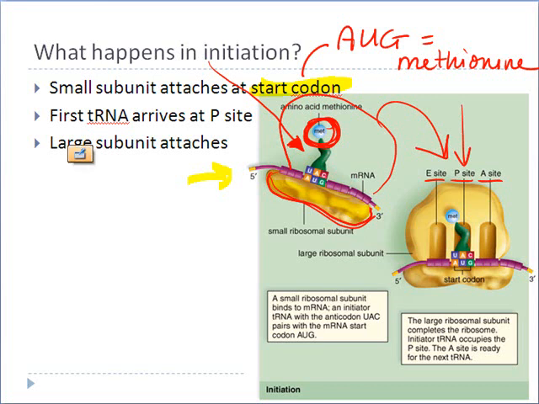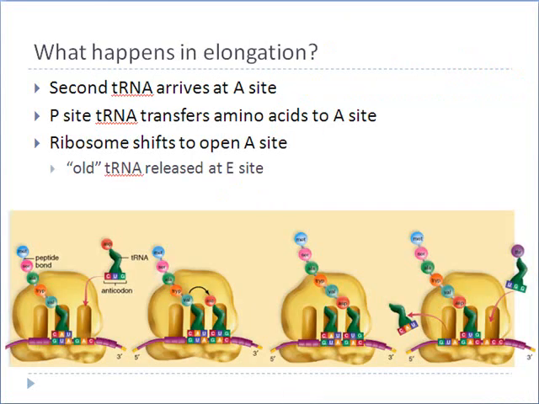So let's look at what happens next. That's the end of initiation, by the way. Initiation is just getting the small ribosomal subunit and the large subunit attached and getting that first transfer RNA into place. Now, during elongation, a second transfer RNA molecule is going to show up that has the complementary anticodon to